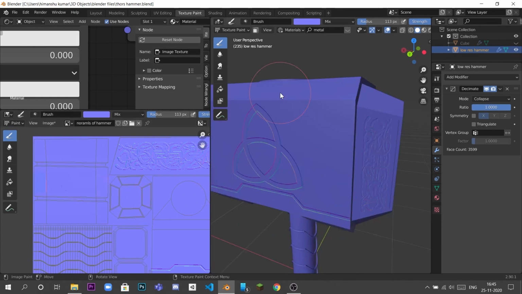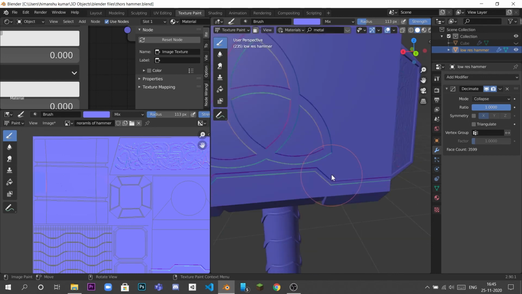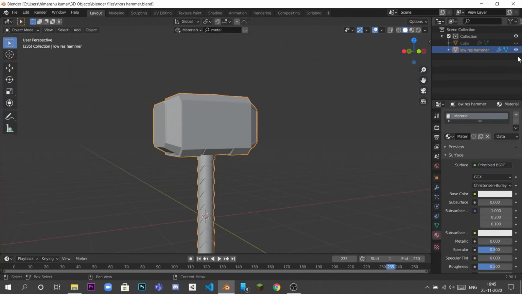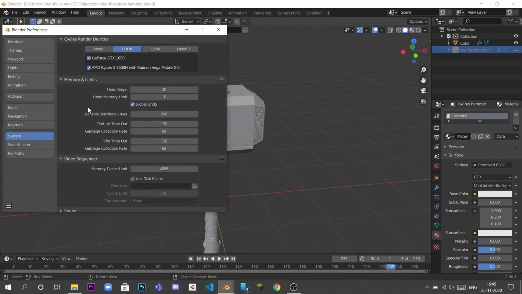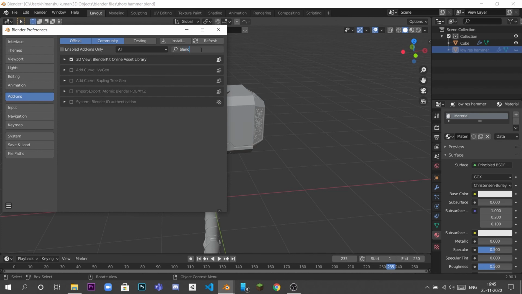Now it is time to texture it, and I think it is the most fun part. Now what we can do: in Blender, if we go into Preferences, go to Add-ons and search for BlenderKit, you can see that here we have the BlenderKit online asset library.